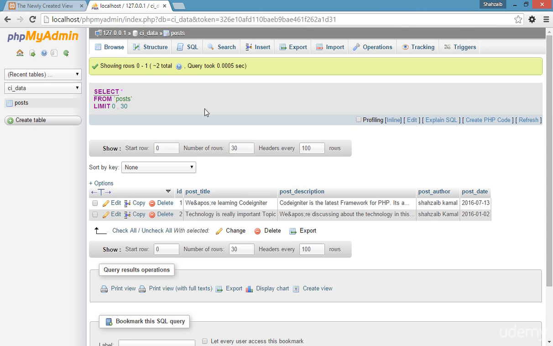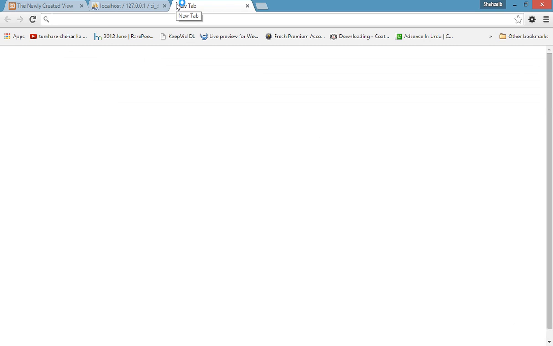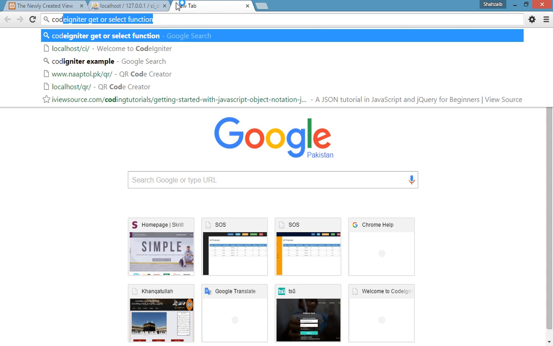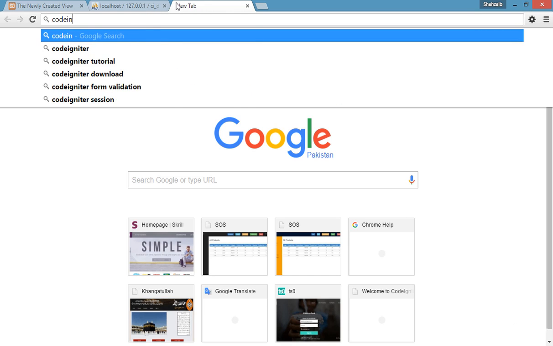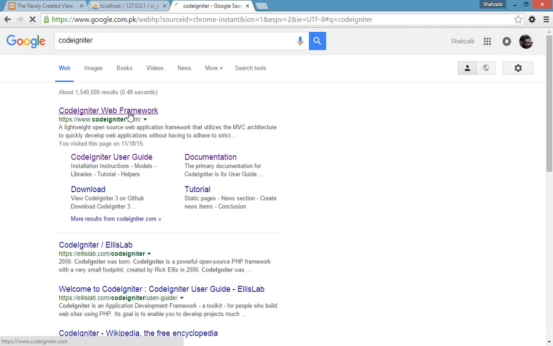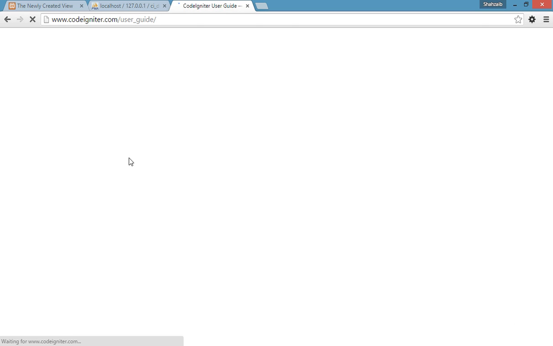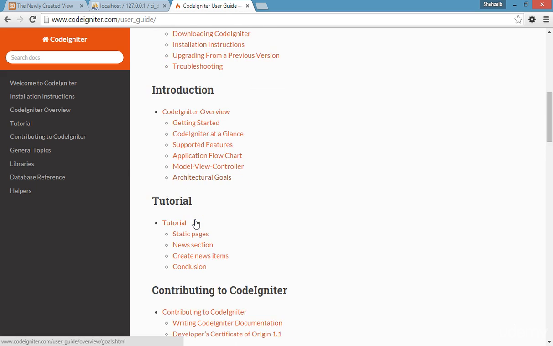I want to teach you some more things. If you go to CodeIgniter again, wait for a while, enter. Now this is the CodeIgniter framework. I just need to go to the CodeIgniter user guide, so I clicked there directly to the user guide, because I want to show you something from this guide. Now it's about to open, and then here in the database area,